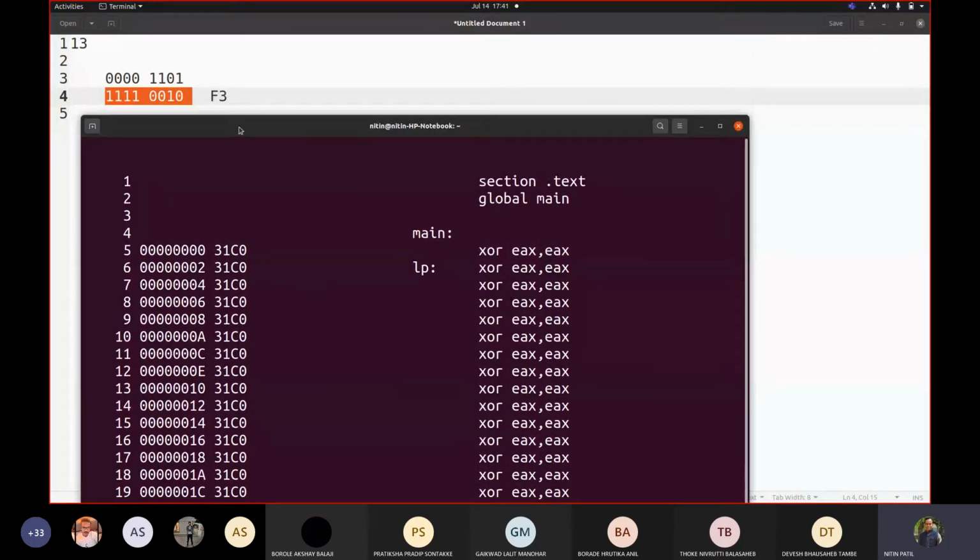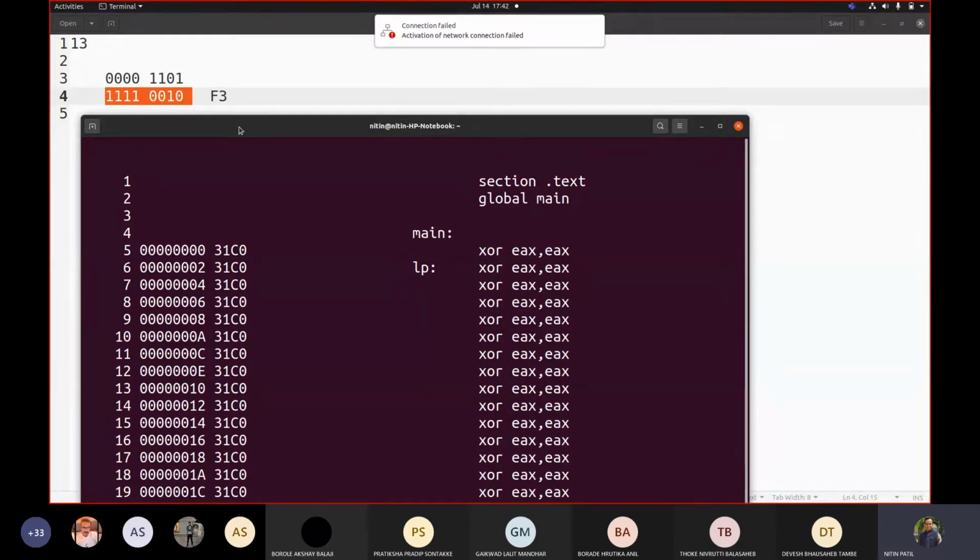Let me hide that LP part. Okay, the jump part. Now count the bytes till LP. Up to the second line, meaning line number 6, try to count the number of bytes.